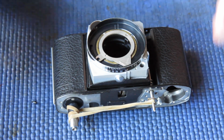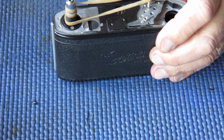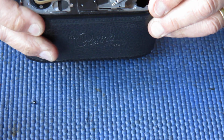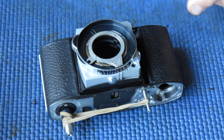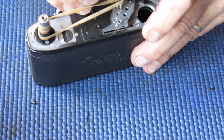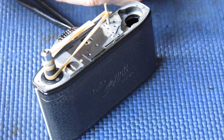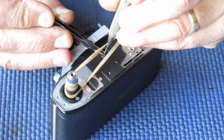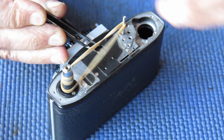Here's the screw for the arm at the top. I can see that arm has just moved over this way a bit. Let's see if I can encourage it back. Oh, that would be too easy. That's it, we're in business. We encourage that arm back into position. Take that screw, run that into the threaded bush on the top of that arm, nip that screw up tight,